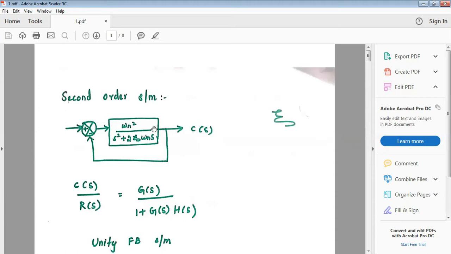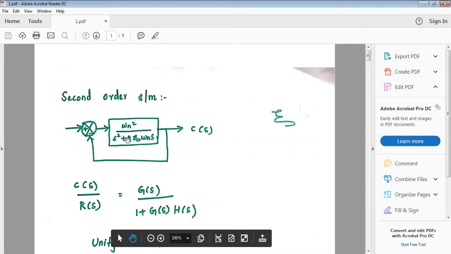Let us have a simple example about the natural frequency. We all know about the pendulum, right? So let us consider a simple pendulum. If there is no friction, it will be continuously oscillating, so it does not come to the stable position. It continuously oscillates, and that oscillating frequency is called the natural frequency, right? So we have two values, one is zeta and one is omega n.